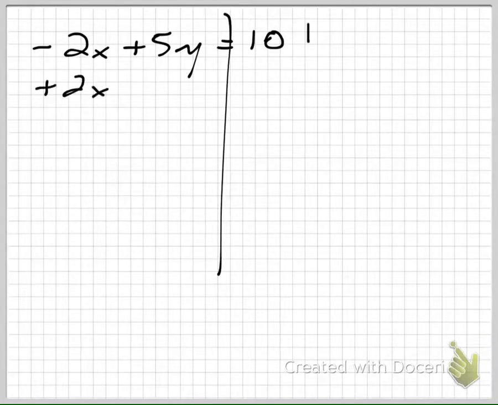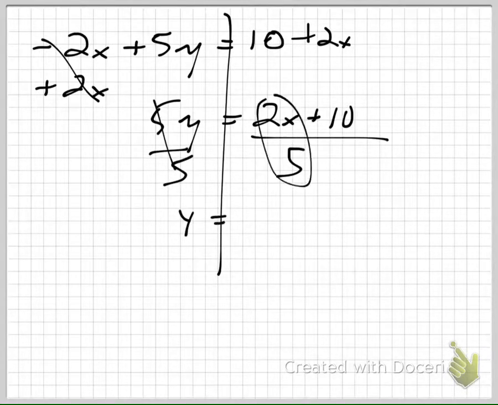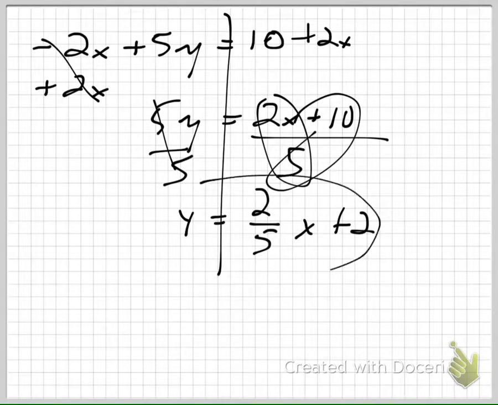Plus 2x, plus 2x. 5y equals 2x plus 10. Divide by 5, divide by 5. Y equals 2/5 x plus 2. How many of you got that at least? Y equals 2/5 x plus 2. Did everybody get to that point? You had to have. No? I wrote the 5 as a 2. Oh, well, that's silly. Okay, so now that you're here,